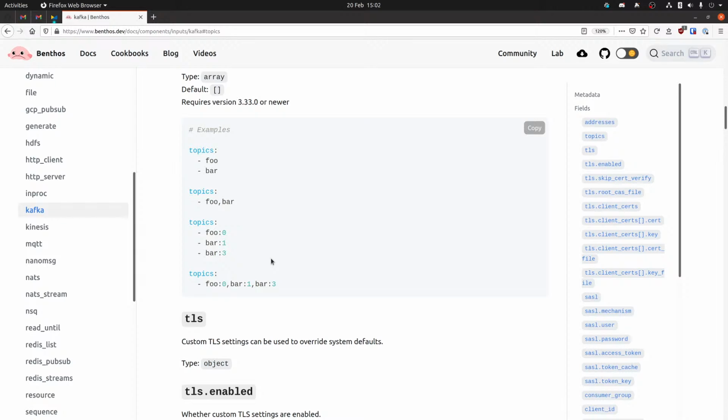And what I might do is if eventually we want to support the ability to have an explicit offset that you start from, I might just expand this so you can have an extra colon and then the given offset for that partition. I think that's probably the cleanest way of supporting that.